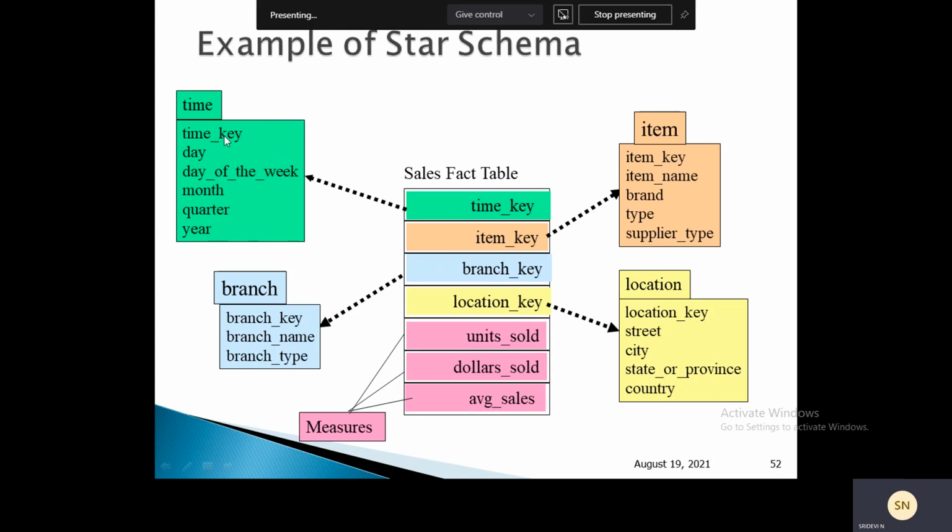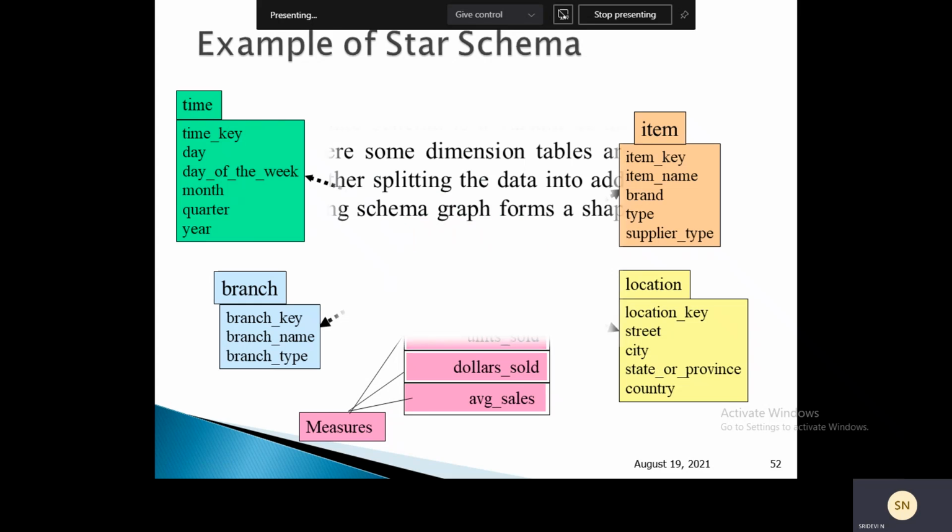So here we have a table wherein each table will contain a set of attributes. For example, if we take this location table, there we have attributes like location key, street, city, state or province, country, and this constraint. The location table contains this. So sometimes this may introduce some redundancy. For example, if we take cities like Urbana and